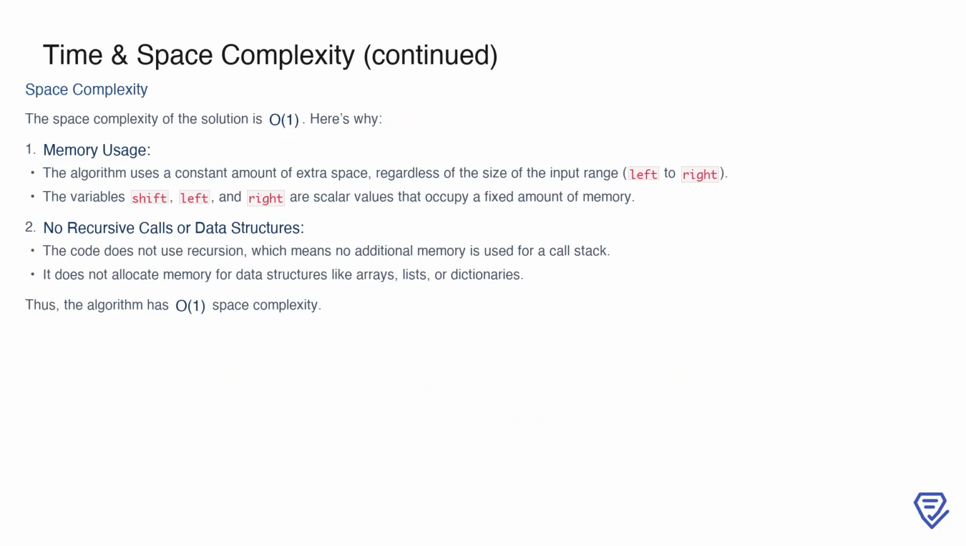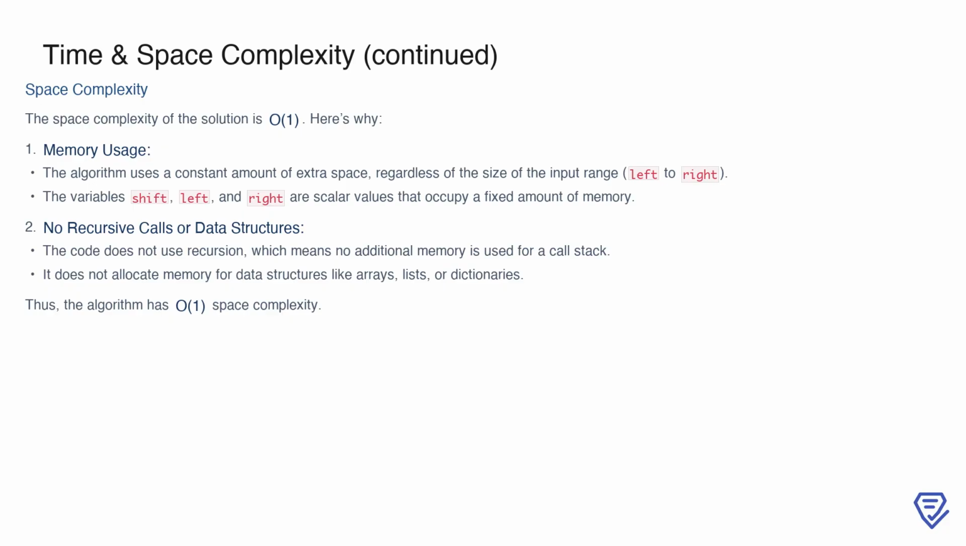The space complexity of the algorithm is O(1), meaning it uses a constant amount of memory regardless of the input size. This is because the algorithm only uses a few scalar variables: shift, left, and right. These variables occupy a fixed amount of space in memory, irrespective of how large the range between left and right